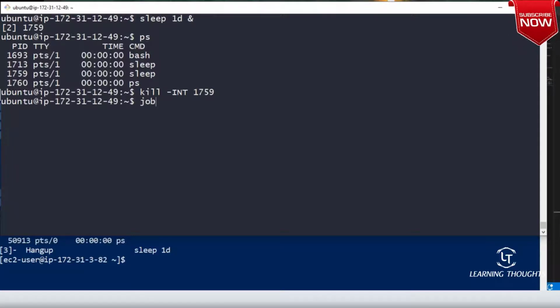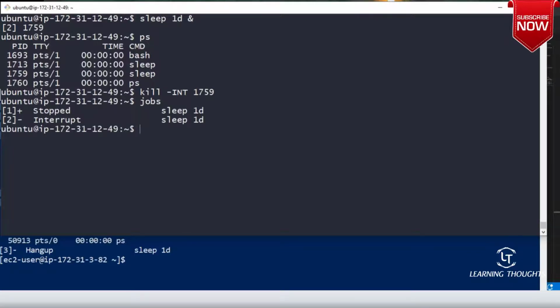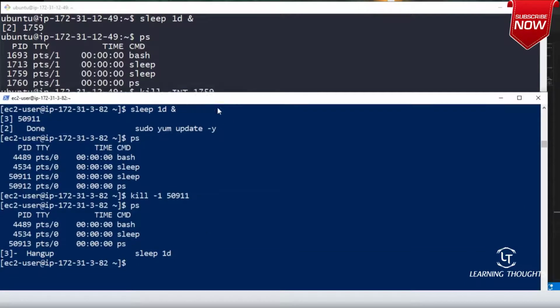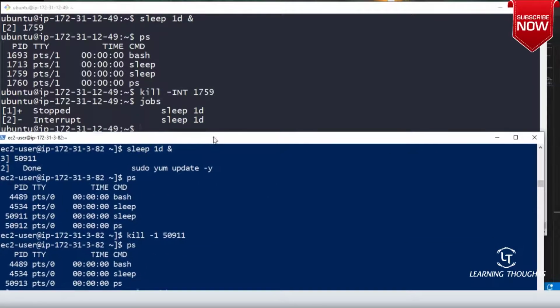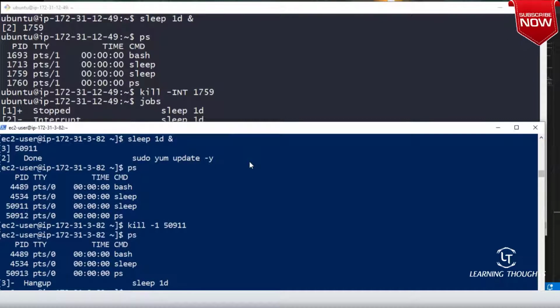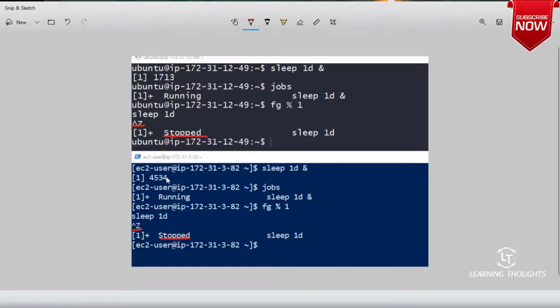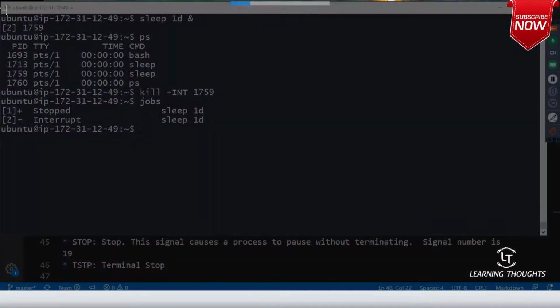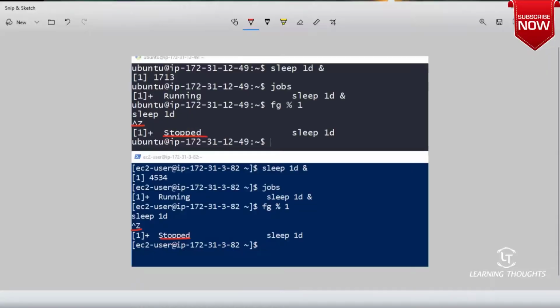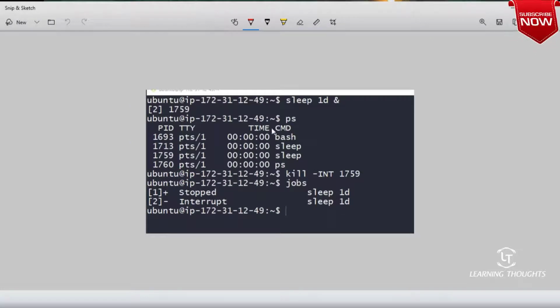Now you try to use jobs. Are you seeing the status? Let me do it one by one. I'll try to execute jobs. So when you are killing your program, you can use any signal, but generally this is something which developers would end up doing.